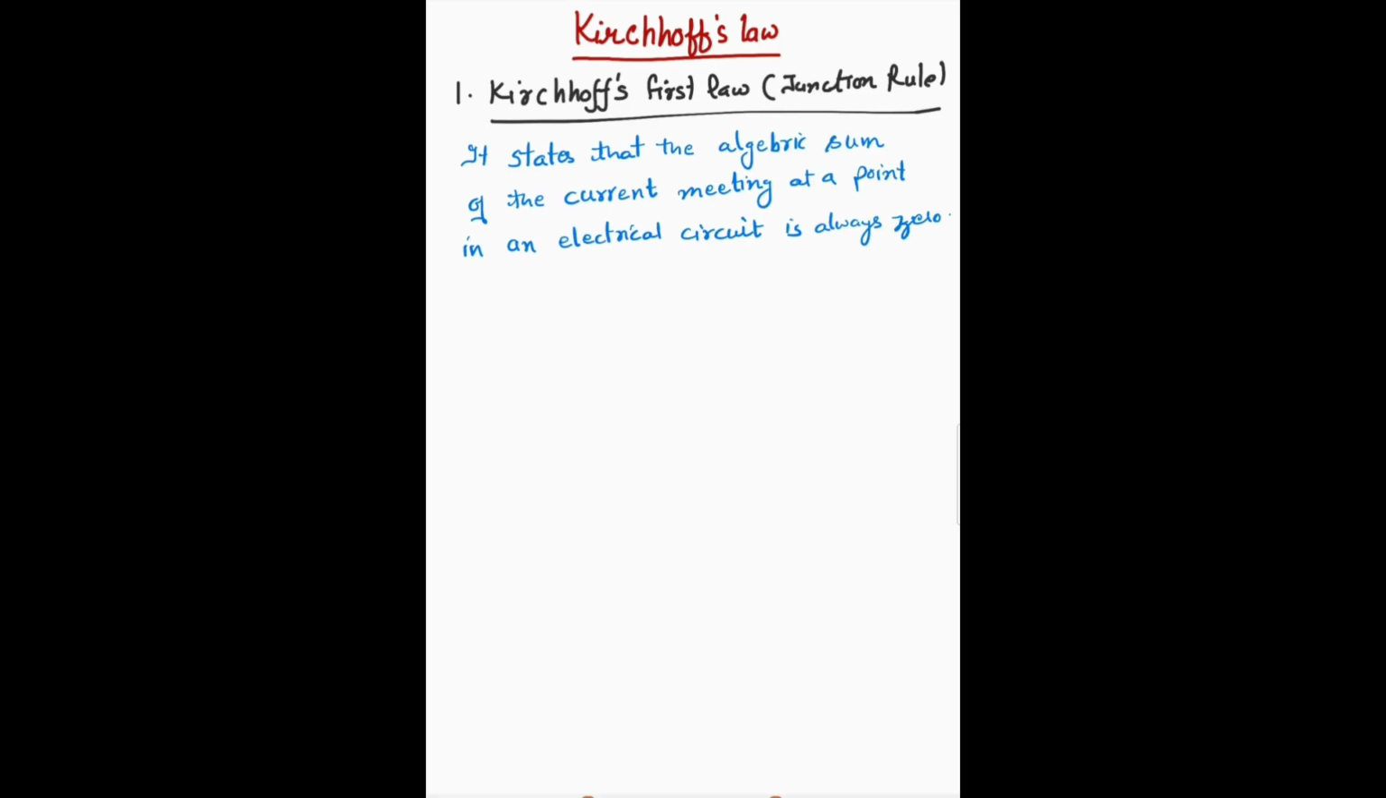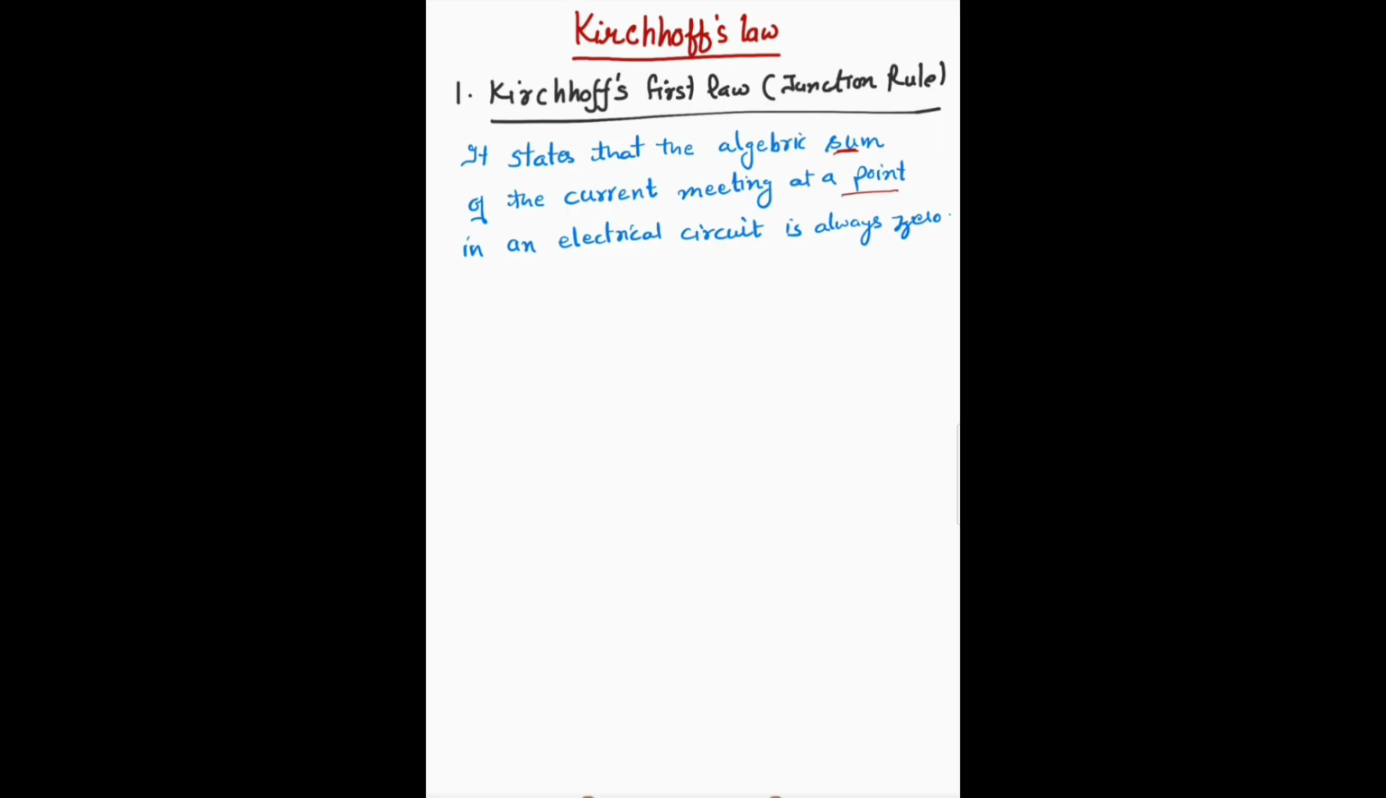In a complicated electric circuit, we won't be able to apply Ohm's law. So, Kirchhoff put forward two laws to study complicated circuits. The first is Kirchhoff's first law, also known as the junction rule. This law states that the algebraic sum of currents meeting at a point in an electric circuit is always equal